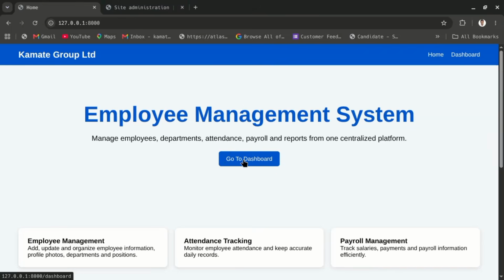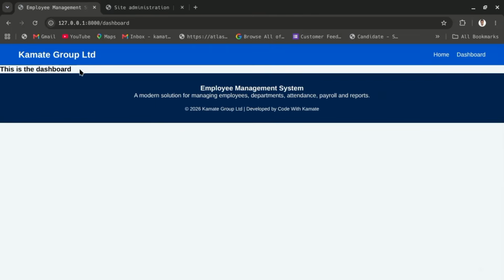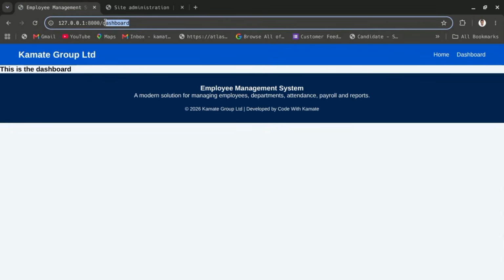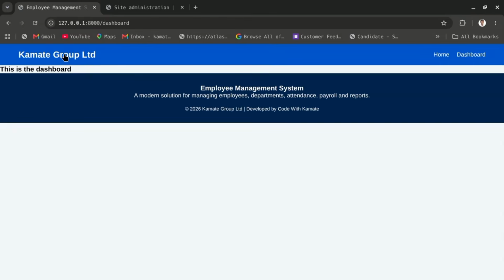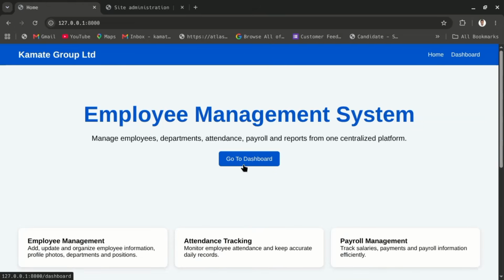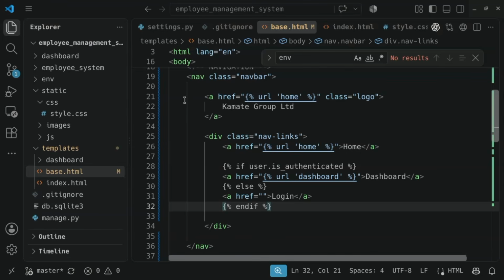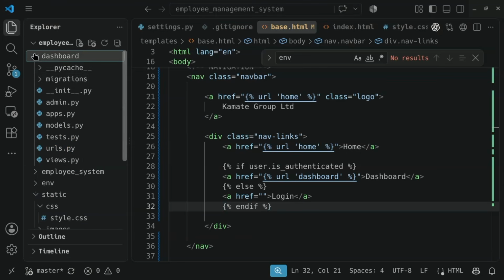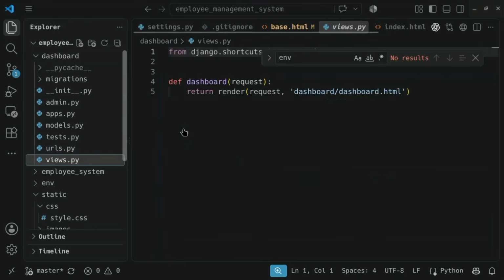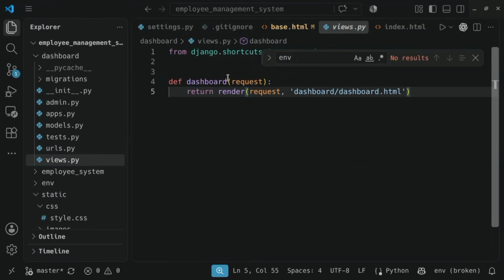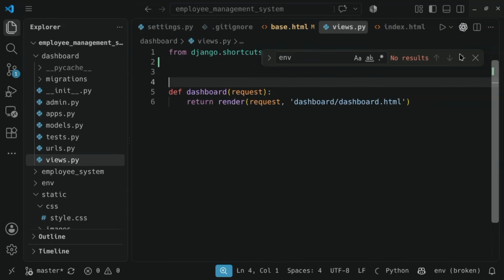And then the other thing, clicking on the button go to dashboard takes us to the dashboard. However, this is not always good because someone who is not logged in can also come and go to the dashboard directly. So we can apply some logic to ensure that only authenticated users are able to go to the dashboard. We do that by going to the dashboard views, the one which is rendering dashboard.html. Instead of leaving it blank, we have what we call decorators. We can apply a decorator that is going to first check whether a user is logged in before